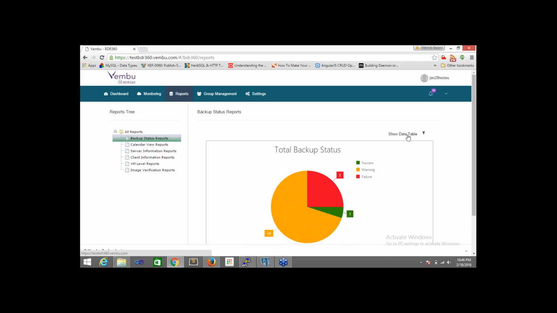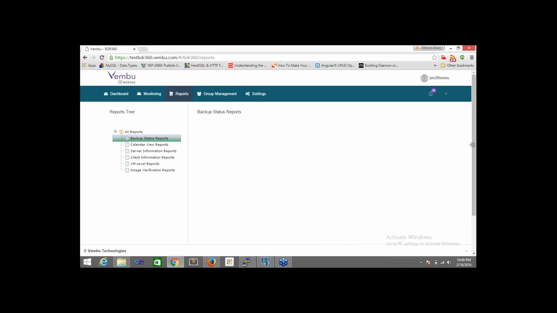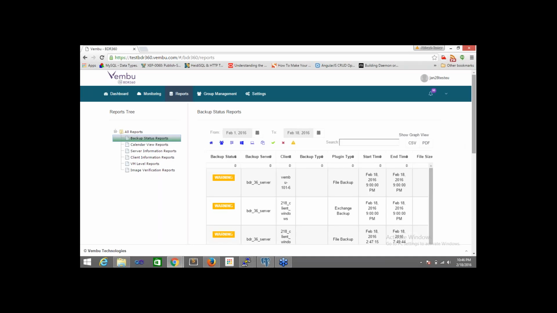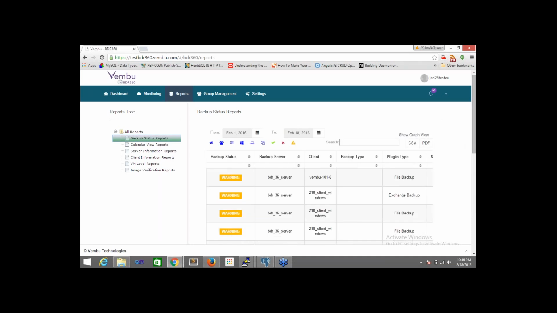Moving on to the table data, we shall see the table data. So this is the table data. The backup status report you can see in the UI itself, and these are the list of plugins which are visible and can be selected. You can also search over here, and whatever you search for, you can get the CSV for that particular backup status report.